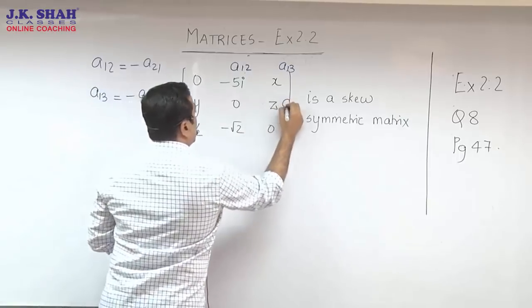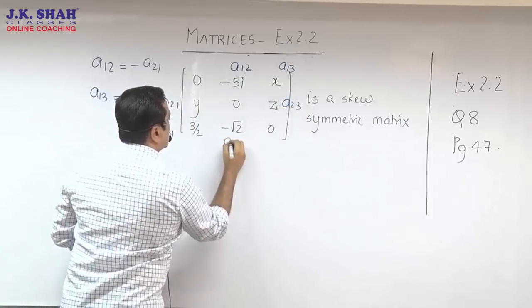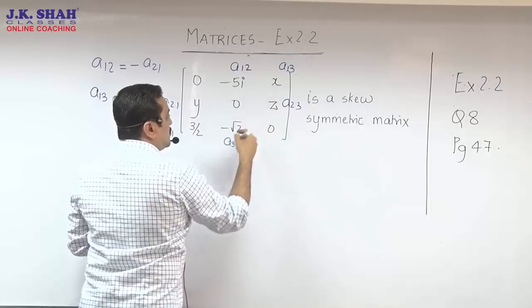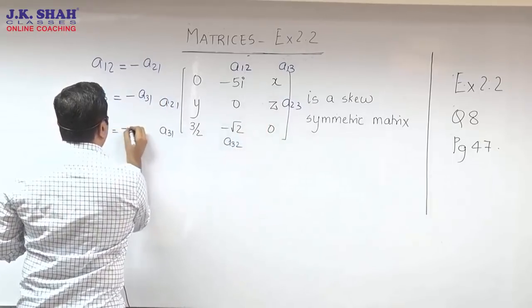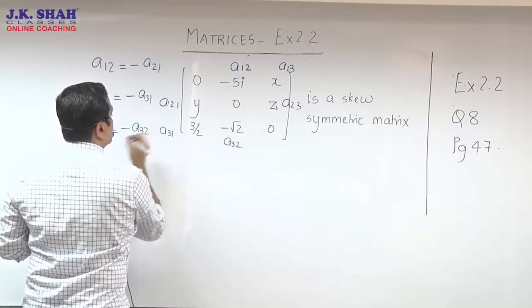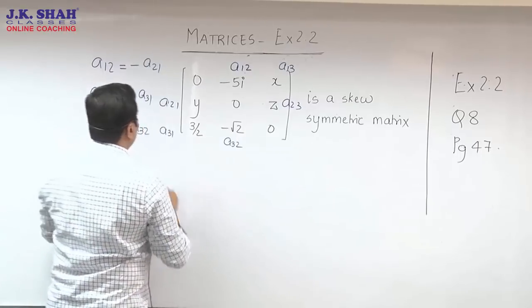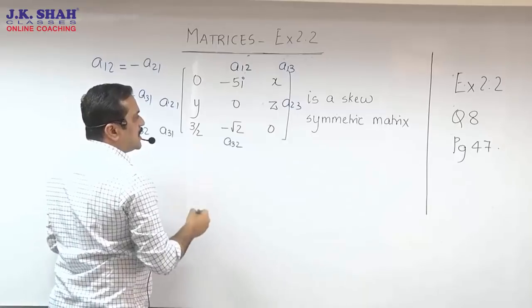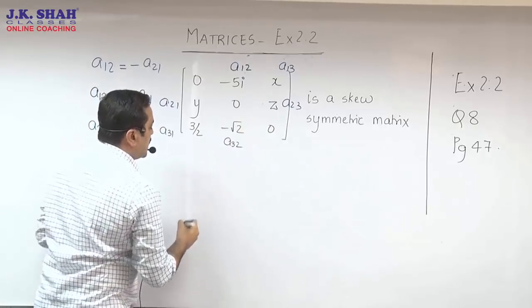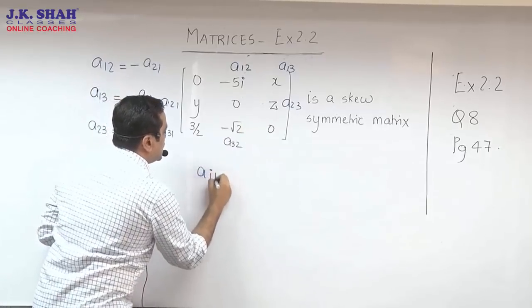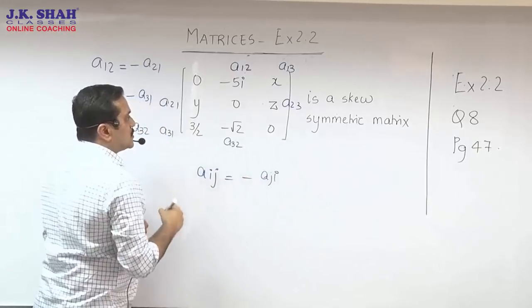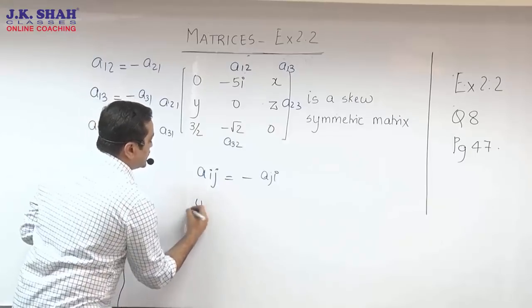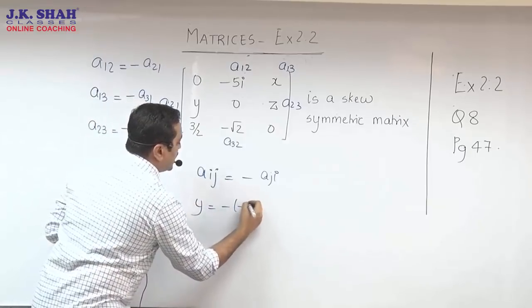Now that's A23 and this is A32. They are equal but the sign has to be opposite. So we used to say A23 has to be equal to minus A32. In the solution, we did not write all these things. In the solution we write, since the matrix is a skew symmetric matrix, Aij has to be equal to minus Aji. So on the basis of that, my y has to be equal to minus of minus 5y,